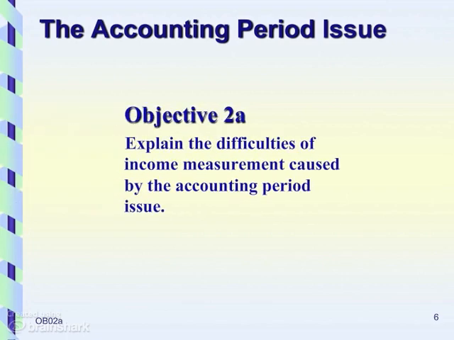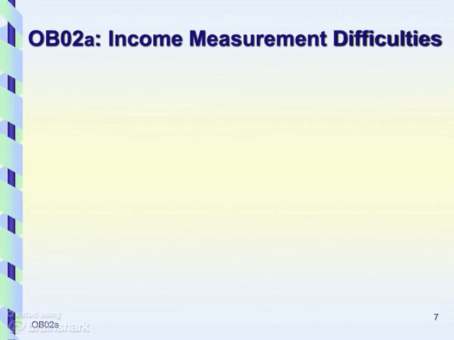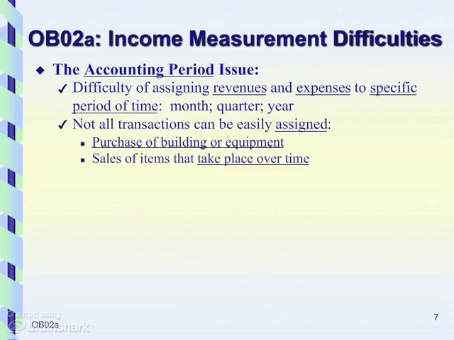Let's move on to our next objective for this chapter. Objective 2A is to explain one of the difficulties associated with income measurement. This difficulty is the accounting period issue. The first issue that businesses have with measuring income has to do with assigning revenues and expenses in the appropriate periods. The difficulty of assigning revenues and expenses to a specific period, month, quarter, or year